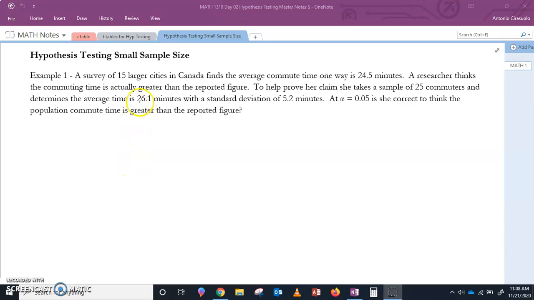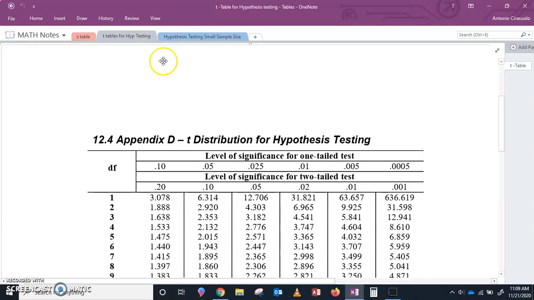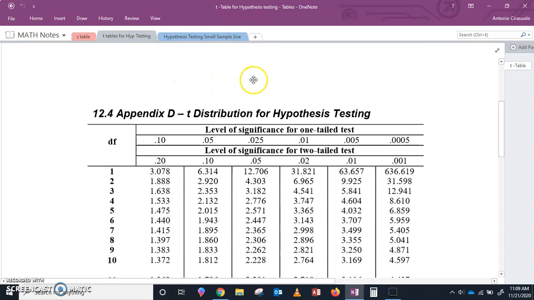In this lesson, we're going to take a look at hypothesis testing using small sample size. And once again, what does that really mean? We're talking about sample size less than 30 in this case. Now, since we're dealing with a sample size less than 30, we are now going to be using a t-value from our manual, and it's actually a very specific t-table that we use, and it's Appendix D, the